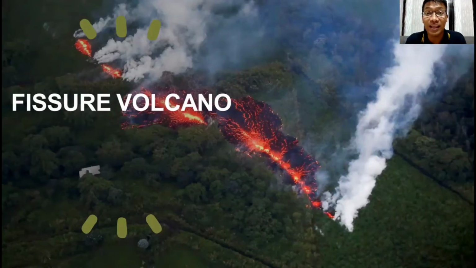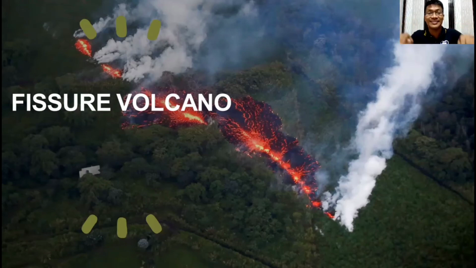This fissure volcano is found in Hawaii, and if you could see, it is releasing magma, and later on it becomes lava. And we form fissure volcano when two plates are moving apart or